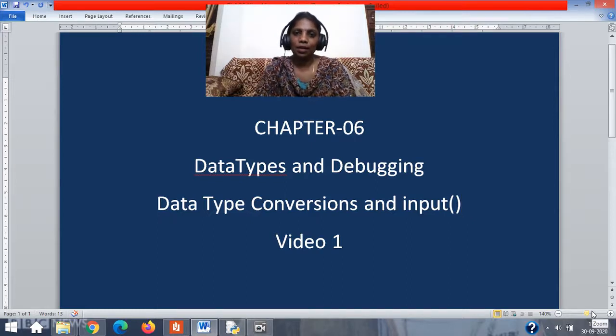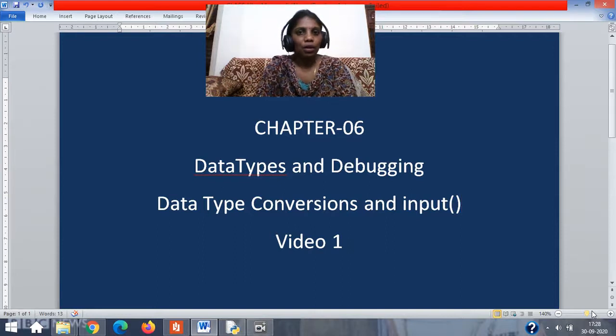Now we will be segregating the section in such a manner that you will understand how to take the values from the user directly. Till now you were learning only assigning. As soon as I talk about data type conversions, you will learn how to take the values from the user, meaning how to make the user input the values through the keyboard instead of giving A equal to 4, B equal to 9 or name 1 equal to Sam, etc. So let's see what is data type conversion.